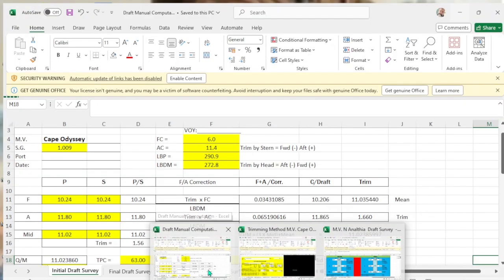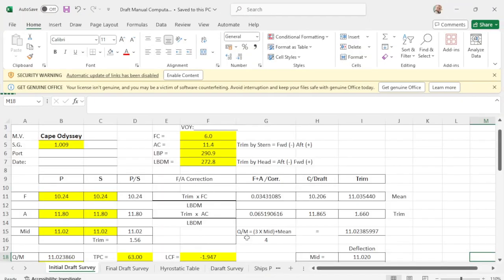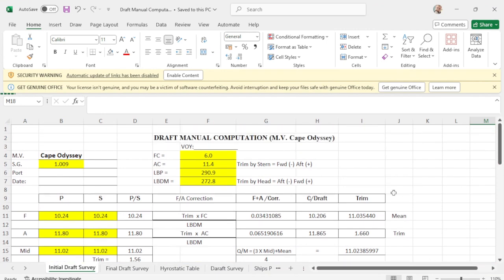And this is the manual computation. Of course, each vessel has the name of the vessel. Here is MV Cape Odyssey.